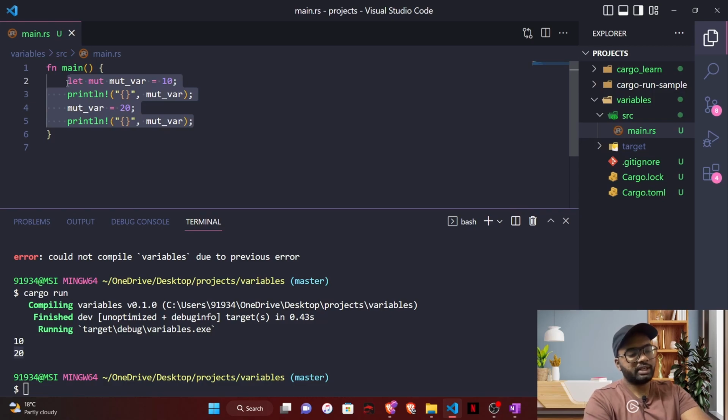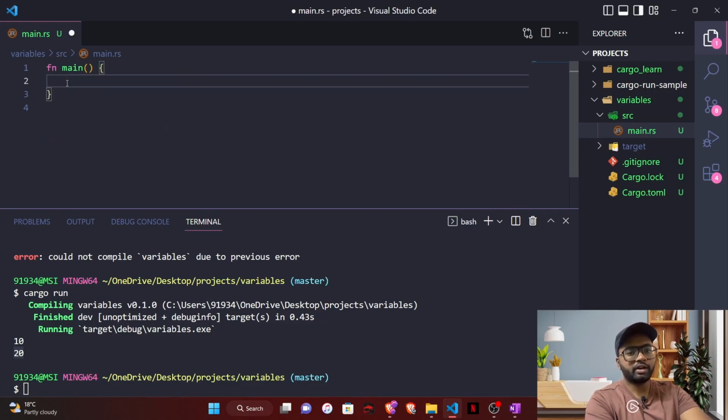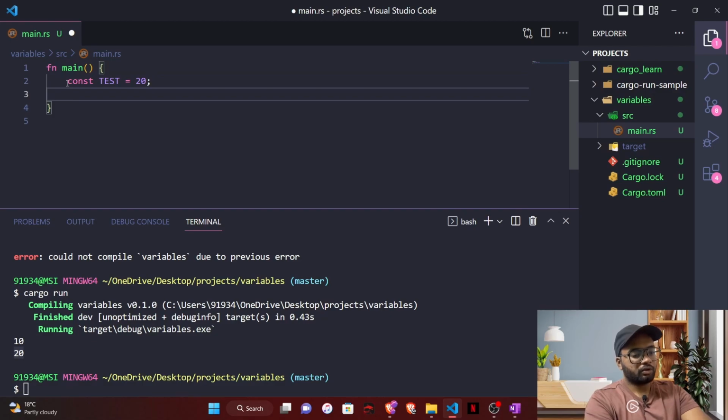Now let's see about constants. So how do we create constants? Using the const keyword. According to the convention, we should give all caps. So let's call it TEST equal to, give it some value, 20. Now let's try to print this. Println